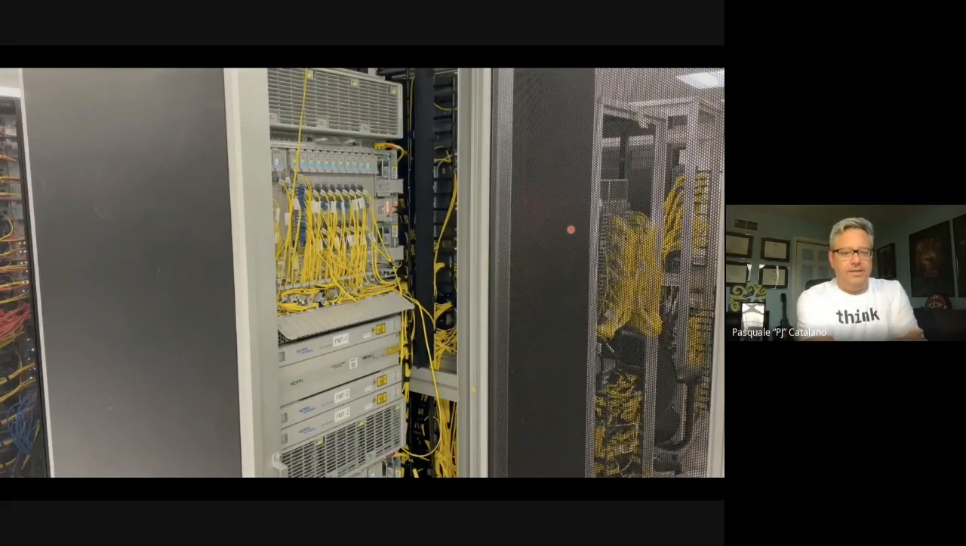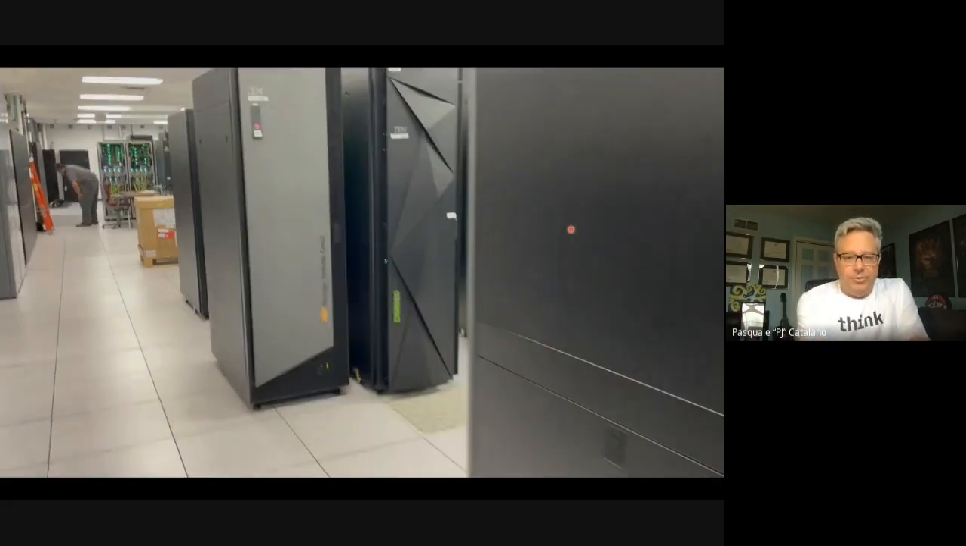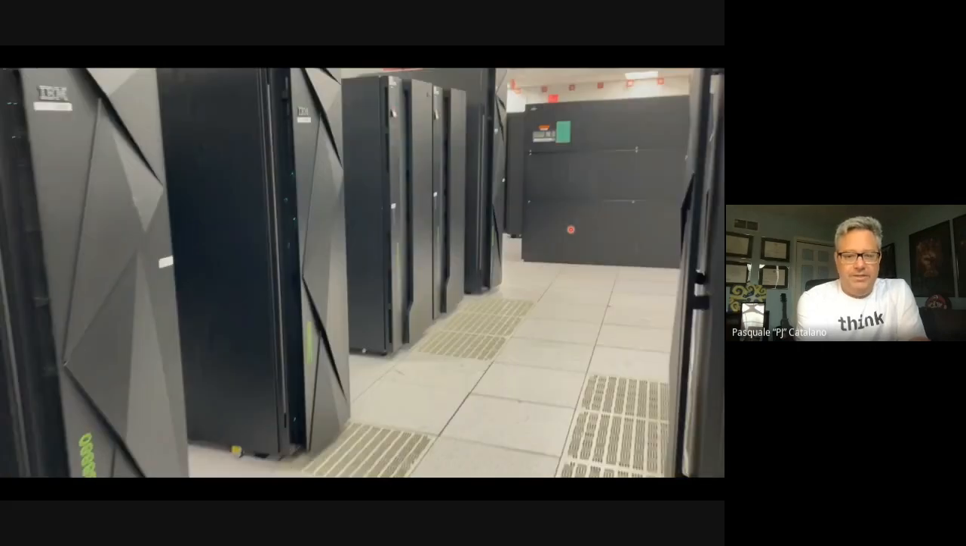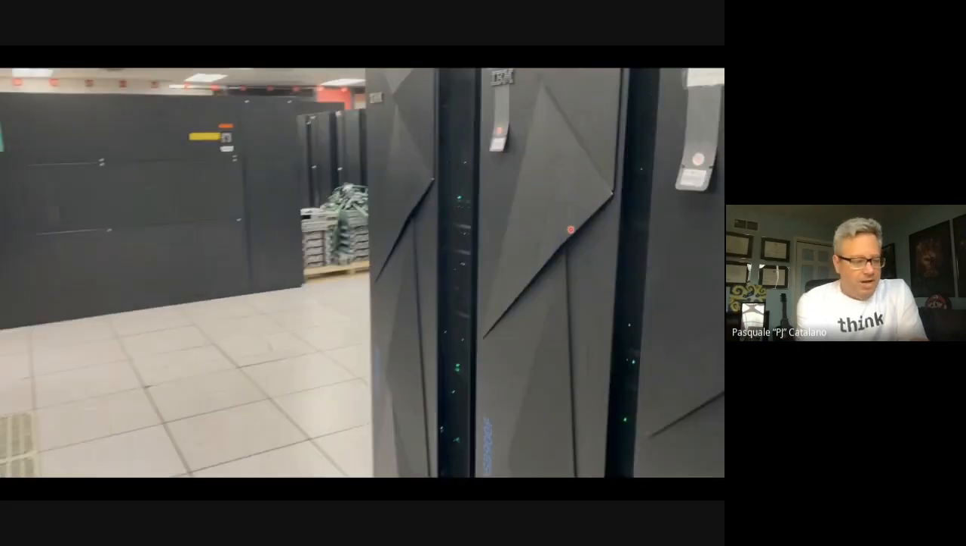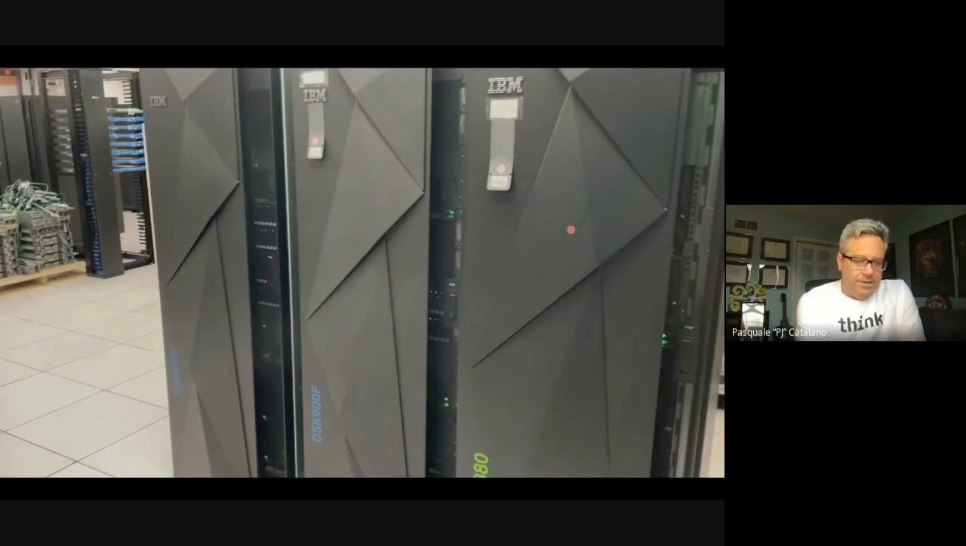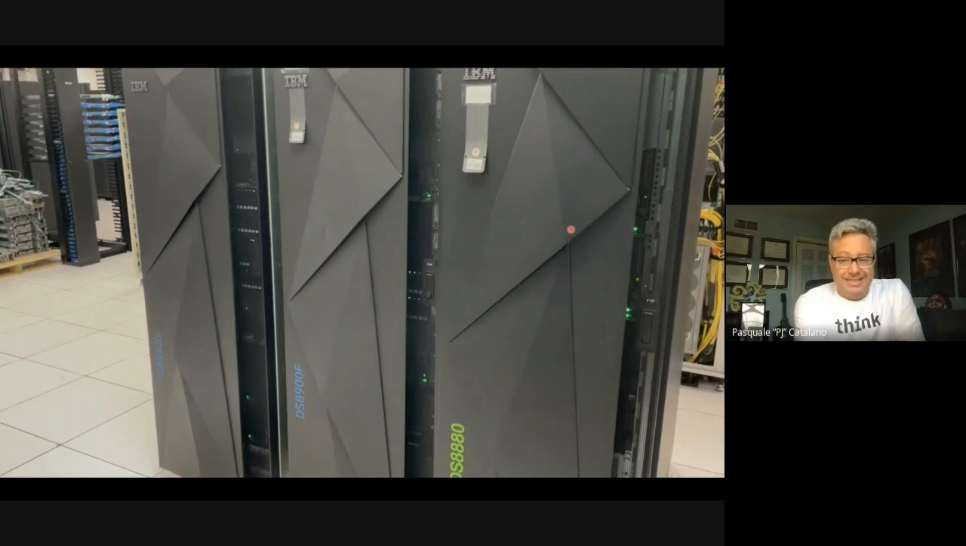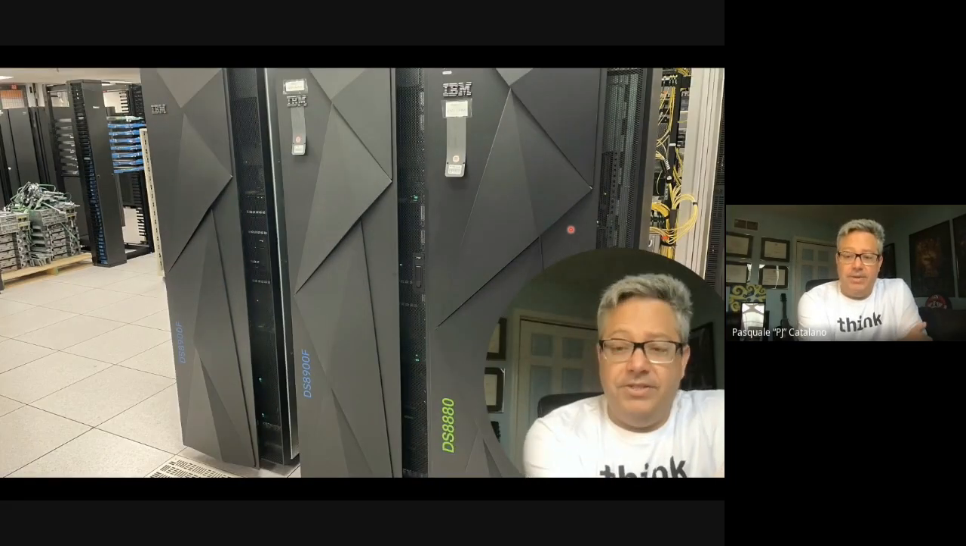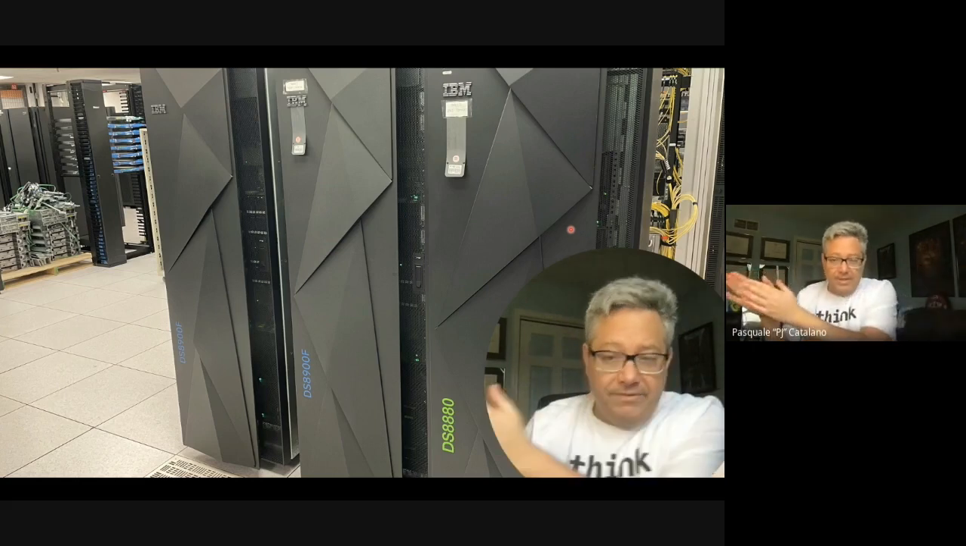We're going to swing around to the other side, and we're going to look at some of our storage. So these are the mainframe hard drives. What we're actually looking at here are DS8000. So this is IBM's enterprise class storage product that we make. On the left, that way,